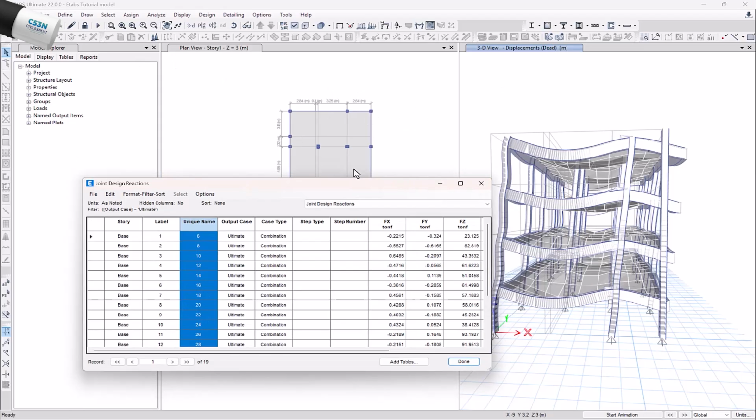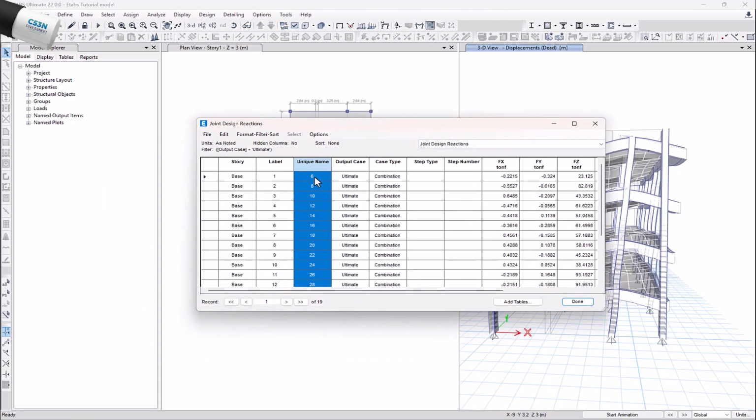Okay, no issues, I'll show you later on. That's because this window is open. Here we have unique name 6, 8, 10, 12, and this represents the labeling of columns